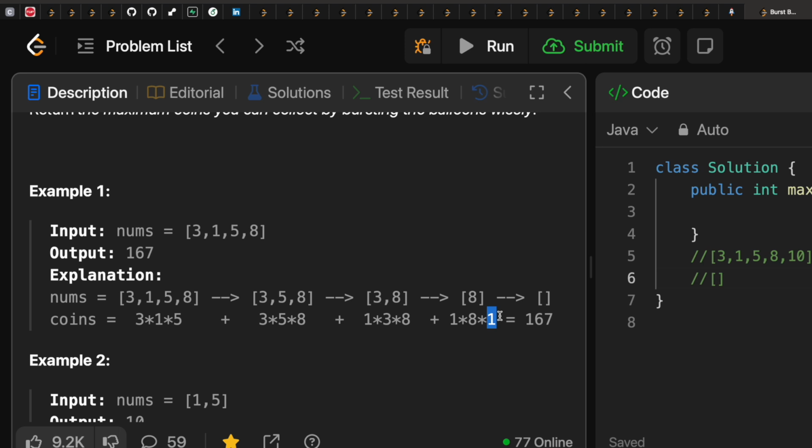So one thing we can say is, if we have busted 8 at the last, so suppose we have this array and we have busted 8 at the last, so what we can say is